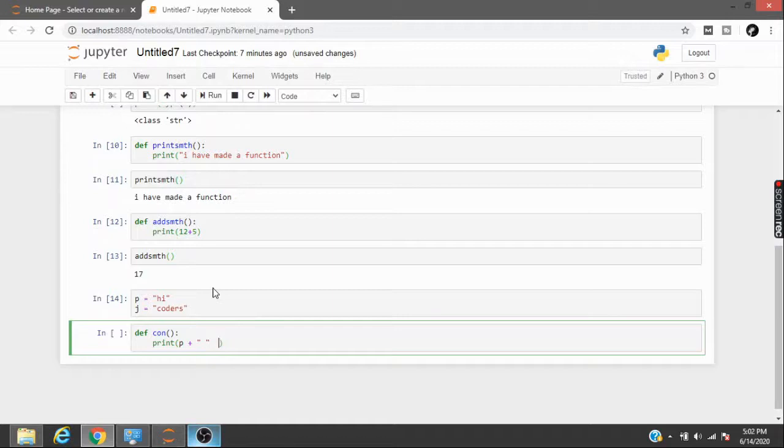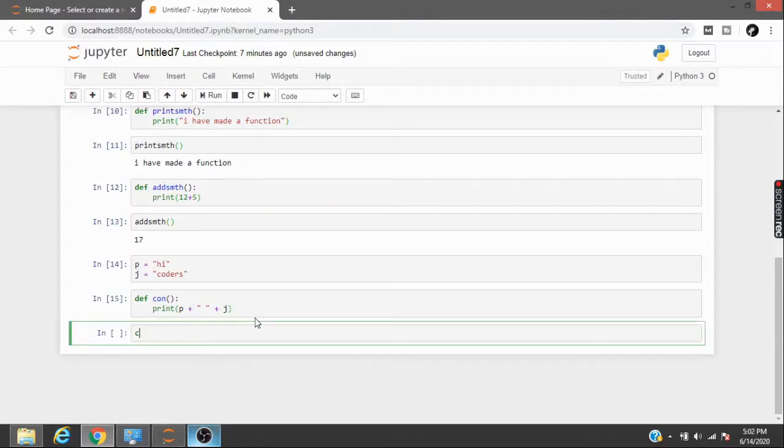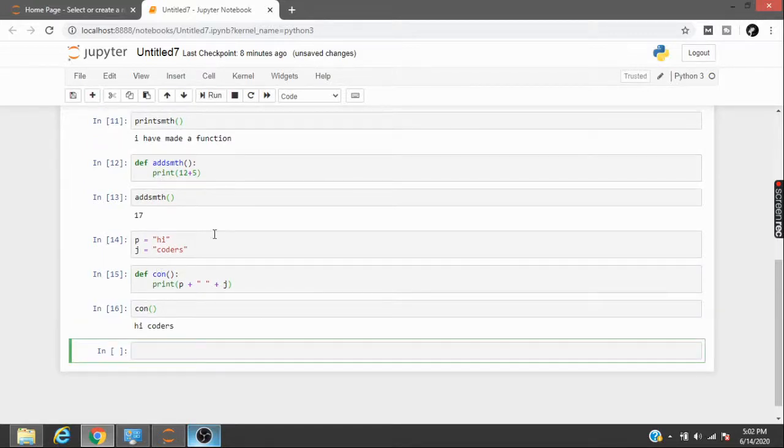We'll do another plus here, and then write j, and then we'll register this function as well, and then we'll try to run it, and let's see what happens. We have hi coders, which is basically what we have done: we have concatenated p and j. So this is how you make simple functions in Python. You can use variables, or you can use them without as well. Totally depends upon what you're trying to program.